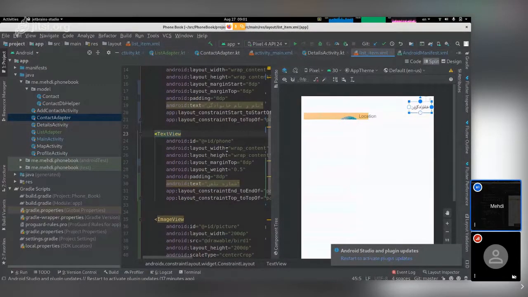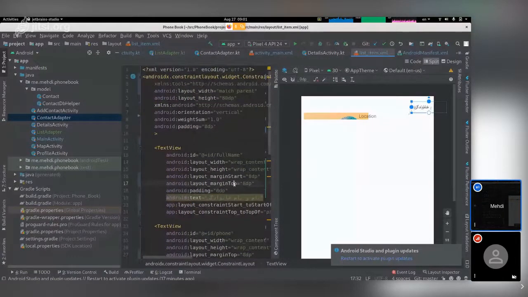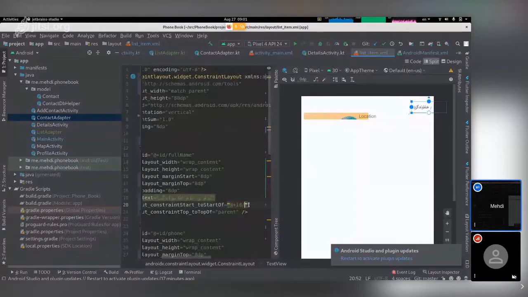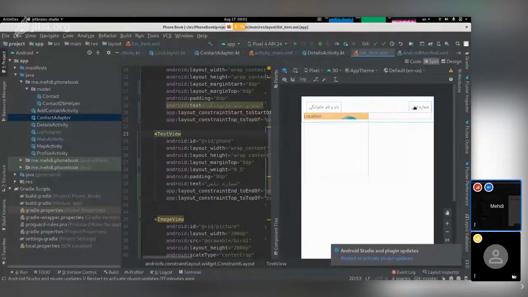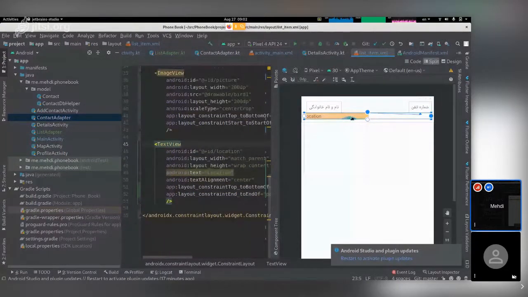So let's say our full name, top to top of parent, start to start of parent. Yes, the phone number seems to be working. Now the second part,